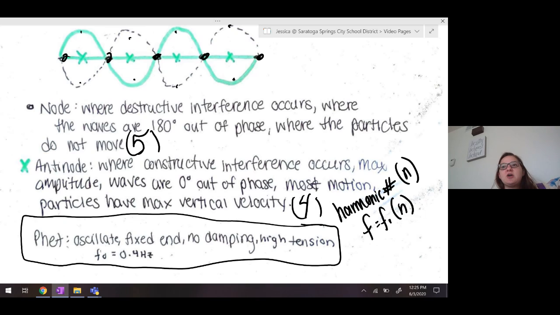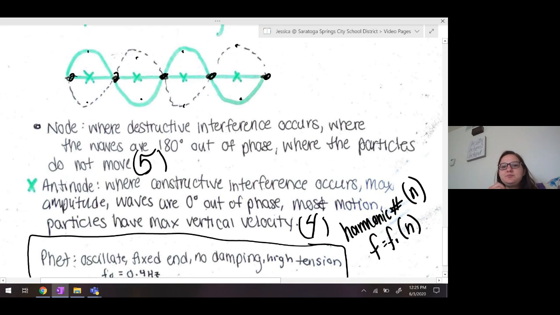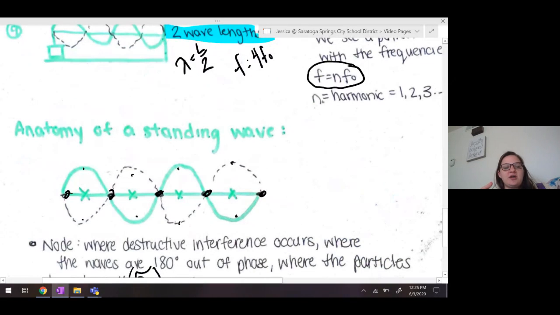On Friday, we're going to talk about standing waves for sound waves. Now, those are going to look a little bit different, and they're a little bit more complicated because remember, sound waves are longitudinal waves, so there are those compression areas. All right. But that is it for this